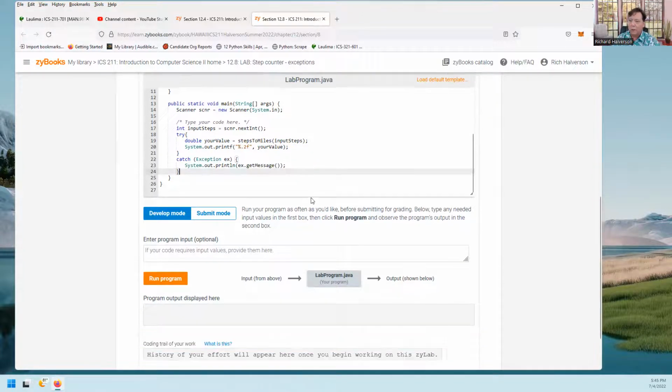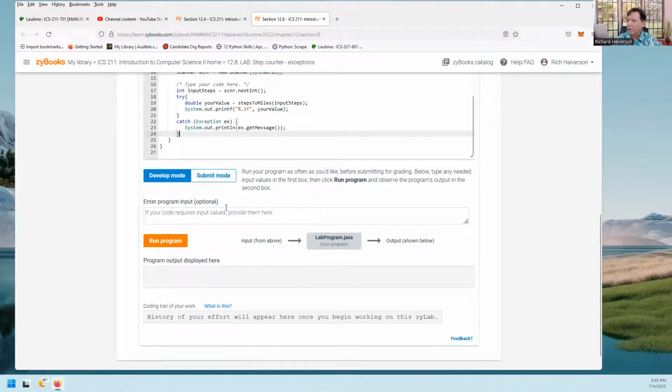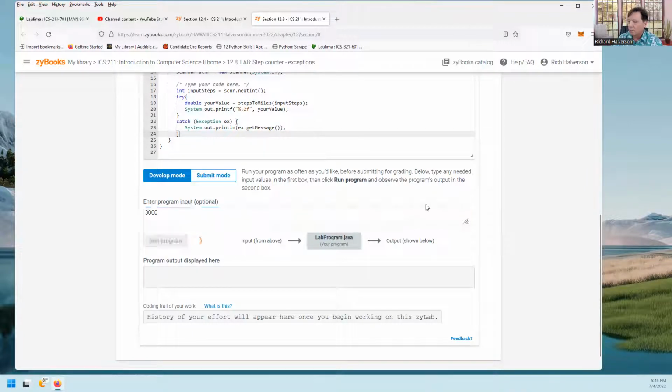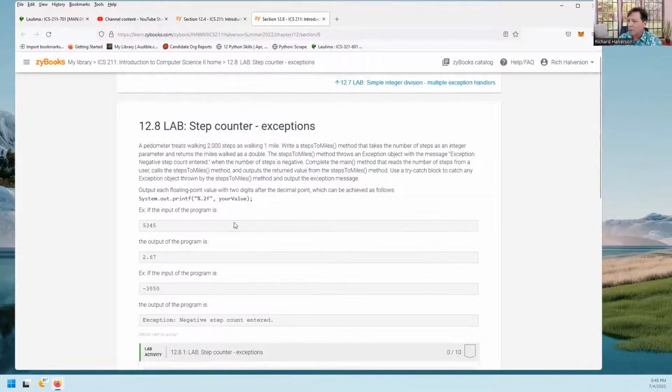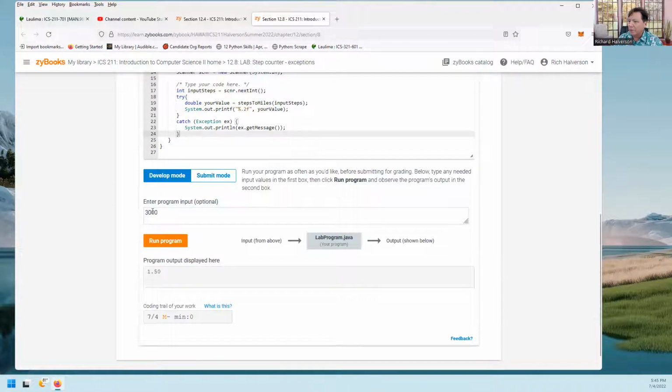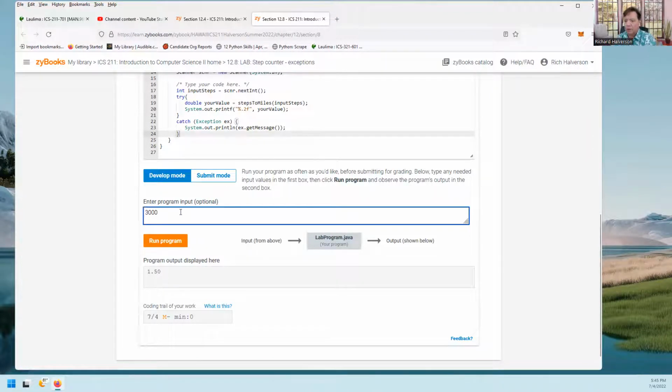So if I enter in 3,000, I get 1.15 miles. Is that what it's supposed to output? Oh, just like that. Okay. If I enter minus 3,000,